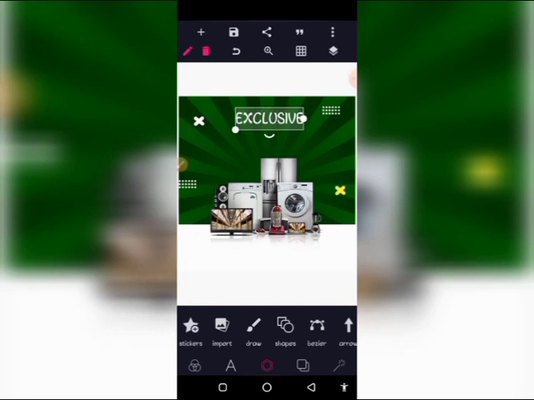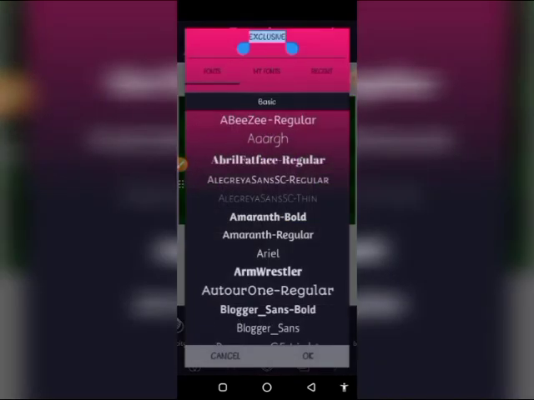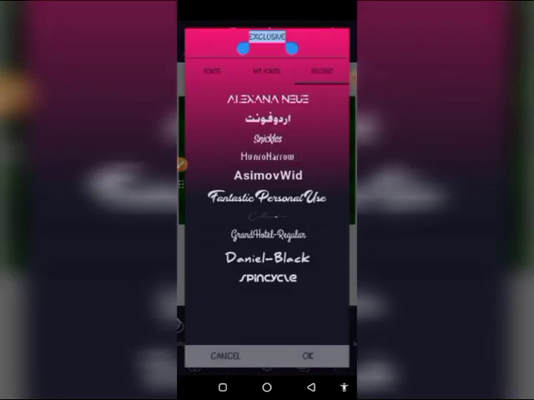All right, so now it's time for us to change this font. To change the font, tap on it, then go to the A button below here, then scroll to your right. Among these options, you will see font. So tap on the font here. All right, so the font I will be using for this is